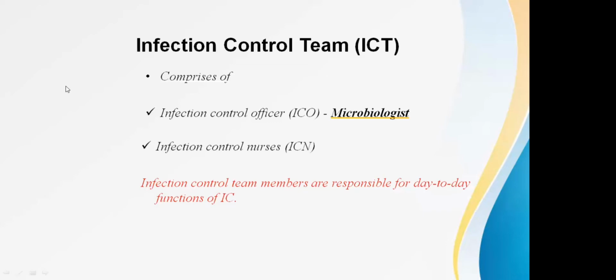Again, it is not only the job of the infection control team, it is the job of the whole infection control committee to look at the infection control manual and make the required changes, with the acceptance of the whole HICC, your hospital infection control committee. The team alone cannot do that. The whole HICC has to sit together and look at the procedural activities. If any changes are amended in your manual, they have to be passed by the infection control committee, and only then should the new version be issued.